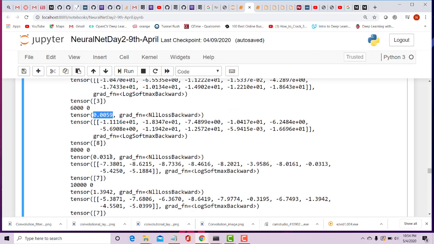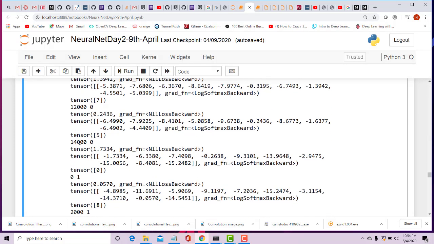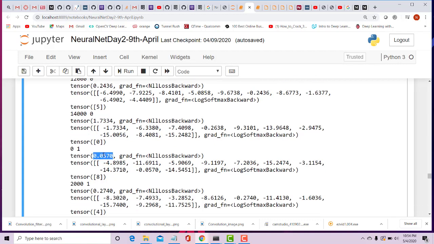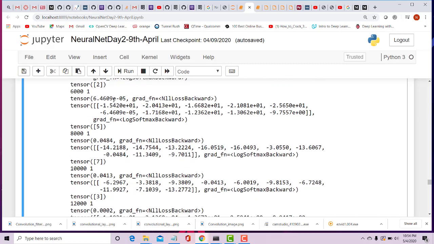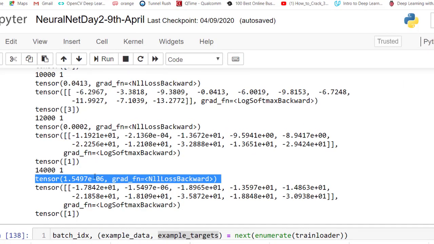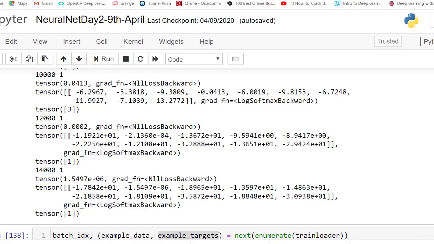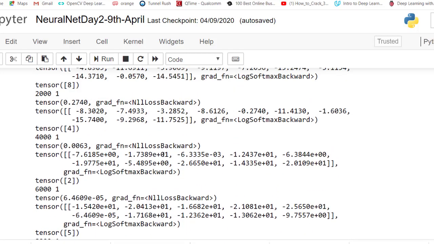0.0059, 0.0313, and this is the first set of training data, and the loss has come to 0.2436 and slightly it has increased. Again in the second epoch it has started decreasing, and it has gone very low here, and then we see that finally it completed the training with a decent loss. Okay, the minimum loss. So now our network is ready to be tested.